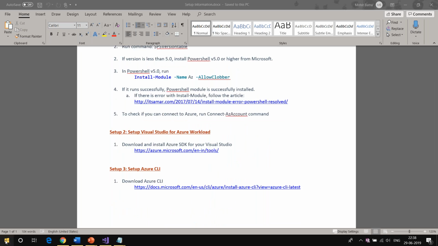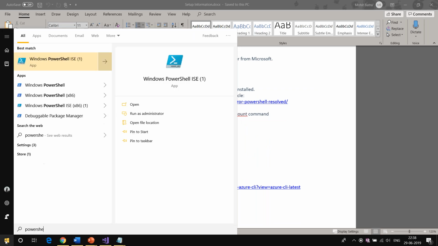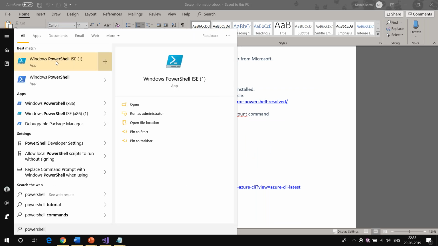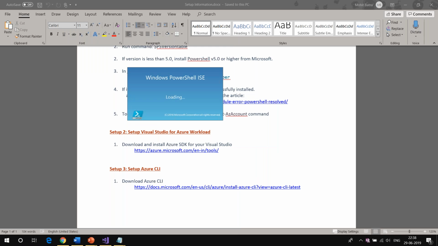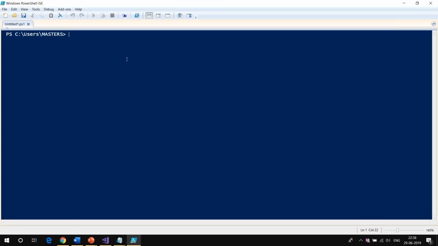Now what I'm going to do is start with PowerShell. Once you install PowerShell, you will see Windows PowerShell and Windows PowerShell ISE. I'm going to click on this one, and then I'm going to show you just a couple of commands before we take a break. Okay, so this is how PowerShell looks. It's like a command window only. You can go ahead and use it.